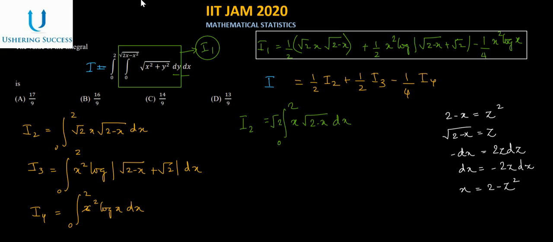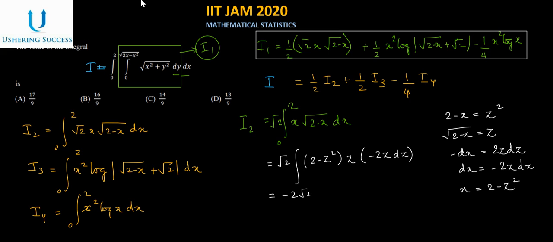So if we do this, then this integral reduces to root 2. We'll forget the limits for now. We'll bring it back to the original x form after we integrate, and then we'll put the limits back again. So let's forget the limits for now. So we'll just do the integral. So this is integral of 2 minus z square into root 2 minus x is z into dx is minus 2z dz,